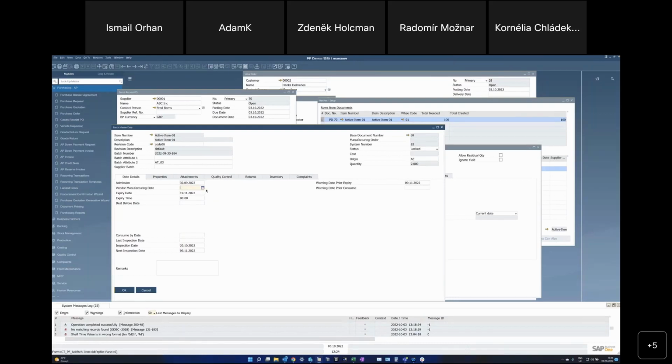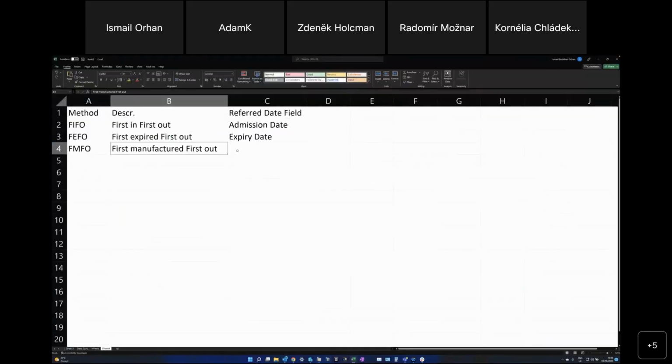So you can define one of them as, let's say, 2nd of October, the other one 3rd of October. And then if you use the FMFO method, the one with the 2nd will be retrieved first. So let me add